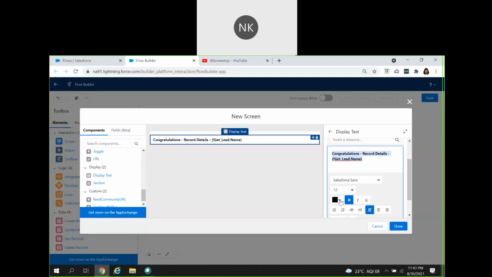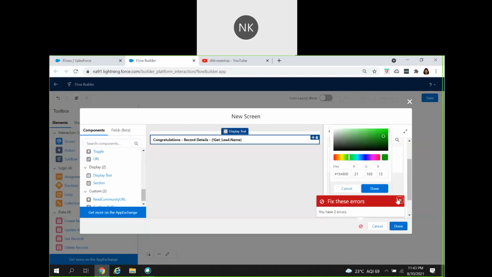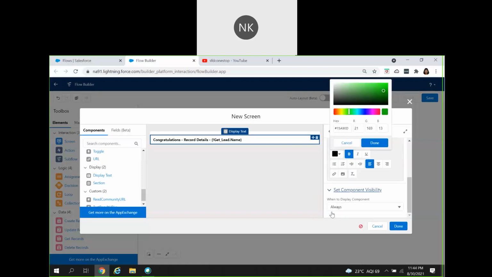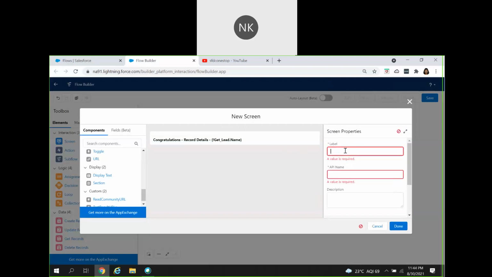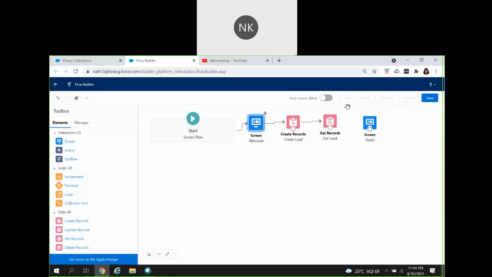Increase the message, finish, done. Just give the screen component.